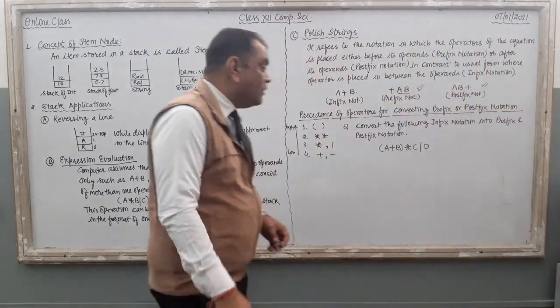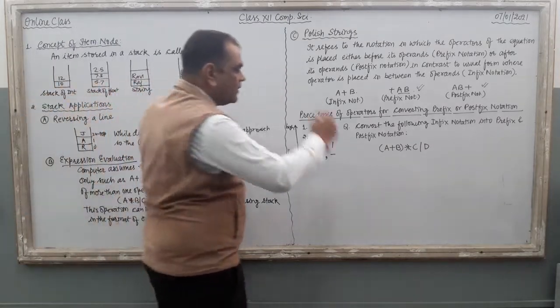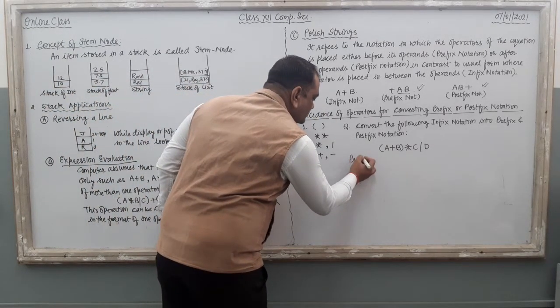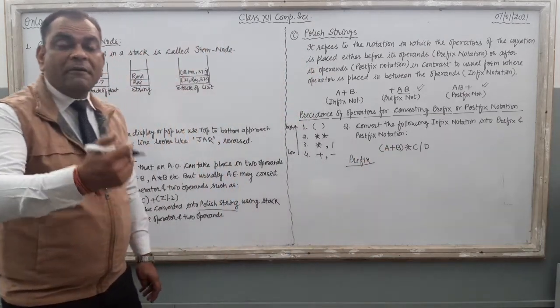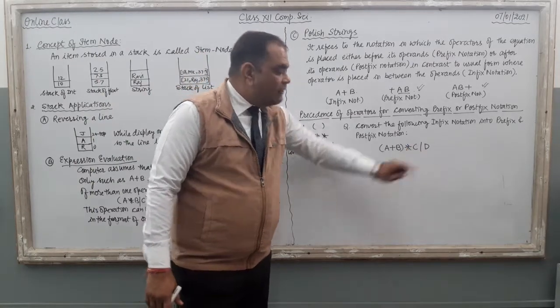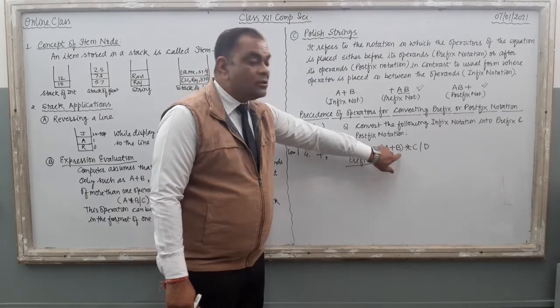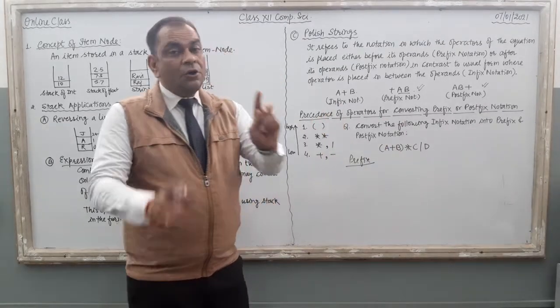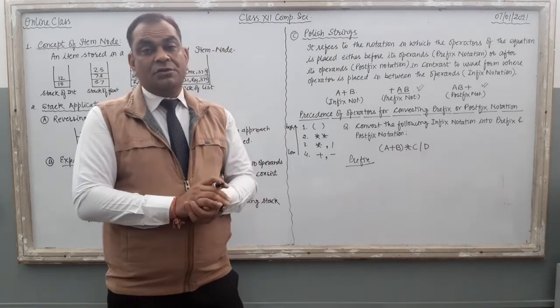Now just see how we can convert an infix notation into prefix. Very first, I am going to convert this equation into its prefix notation. Just see the equation here: plus, multiply, division. And in this equation, a bracket is also there. So very first, you have to solve the bracket. Right? Now, what is there in the solution?